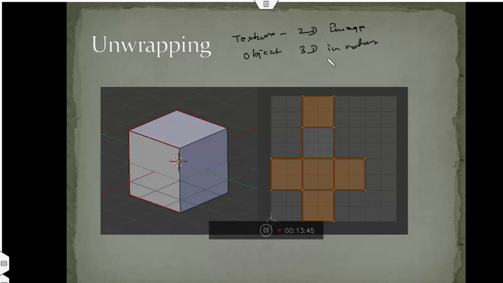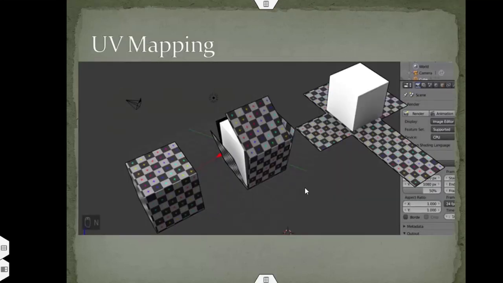So in order to apply a 2D texture on a 3D object, we have to do unwrapping. When we unwrap this cube, we get the 6 faces of the cube as 2D images. In UV mapping, we apply the texture on every unwrapped face of the model, and after applying it we wrap it like a gift wrapping.